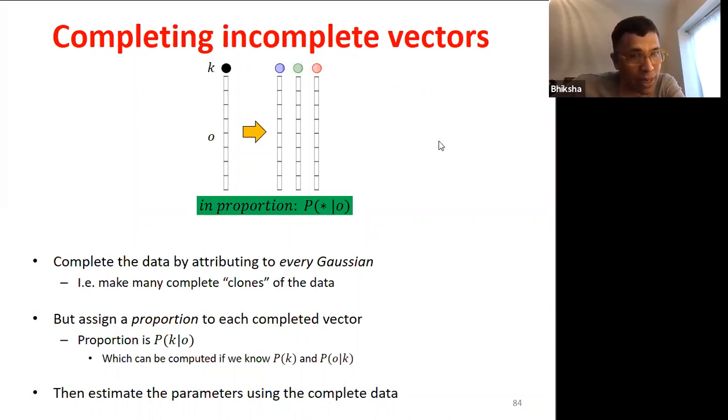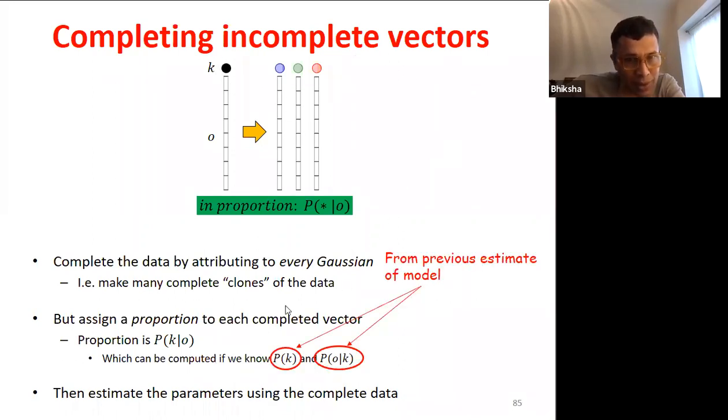I'm going to estimate the parameters using the complete data. And of course, to compute P of K given O, we need to be able to compute this guy. This can be obtained if we know P of K and P of O given K, which are the proportions of the Gaussians and the parameters of the Gaussians, which we don't know, but we have the previous estimate in an iterative estimator. We can get these from the previous estimate of the model,